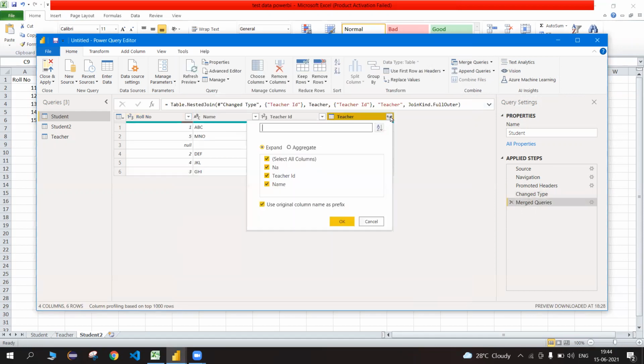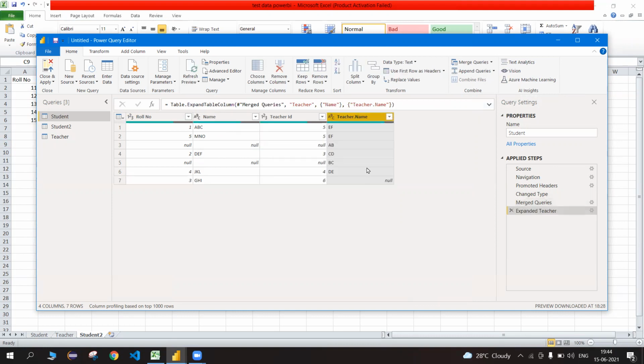So again, I would be expanding the teachers table for the name column, and there we have the data. We have all the rows from the student table, even if the teacher is not assigned, and all the data for the teacher's name from the teachers table, even when no student has been assigned to the teacher. For example, AB teacher is not assigned to any student. Same for BC teacher, no student is assigned to the BC teacher.